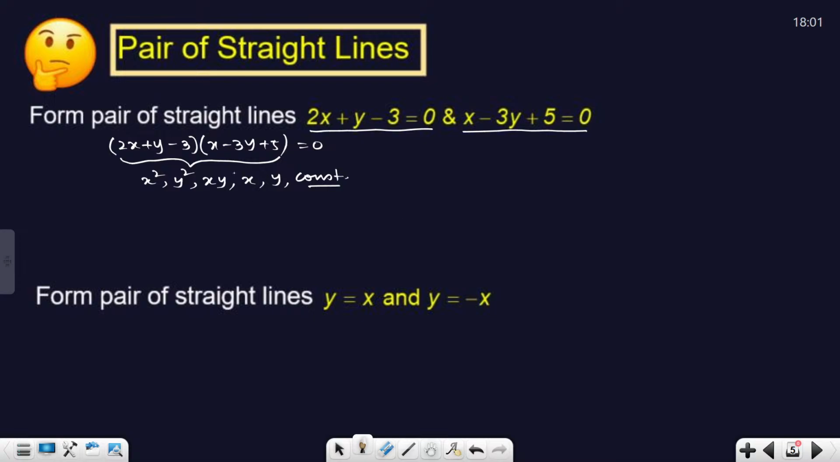Clear? Now, as we all know, a linear equation always represents a straight line. But this is a quadratic form. But this will also represent straight lines, but not a single straight line, but a pair of straight lines. Is it clear? So what is the combined equation of the pair of straight lines? It is nothing but,